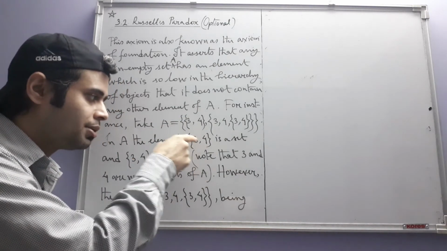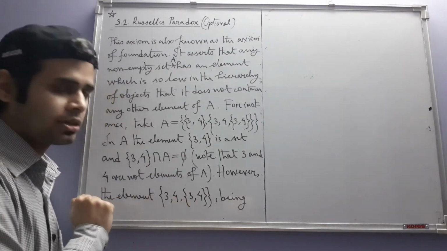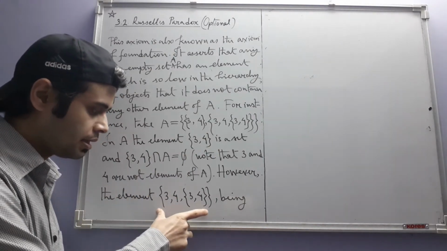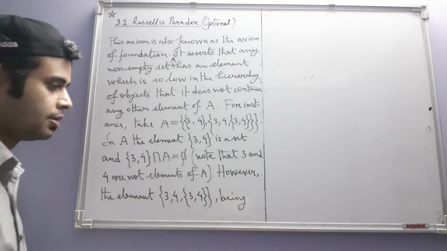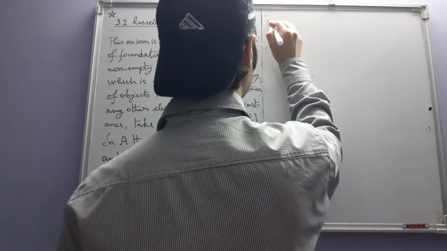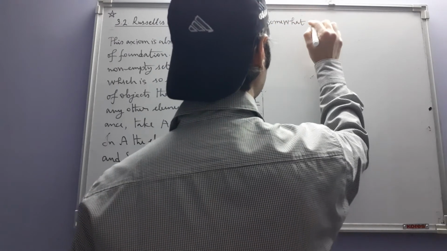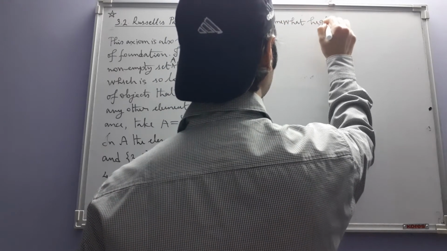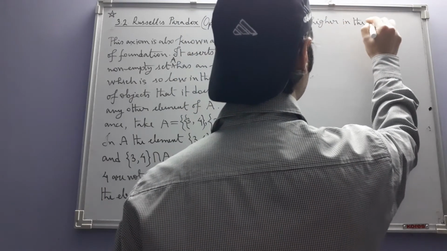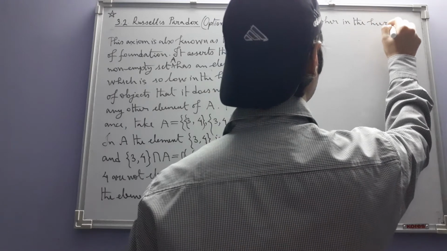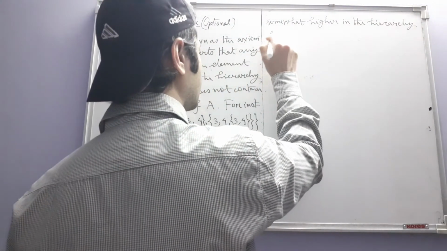It has only primitive objects as elements. This, however, is not a primitive set, because its elements are primitive objects and a primitive set. Okay, being somewhat higher in the hierarchy of objects,